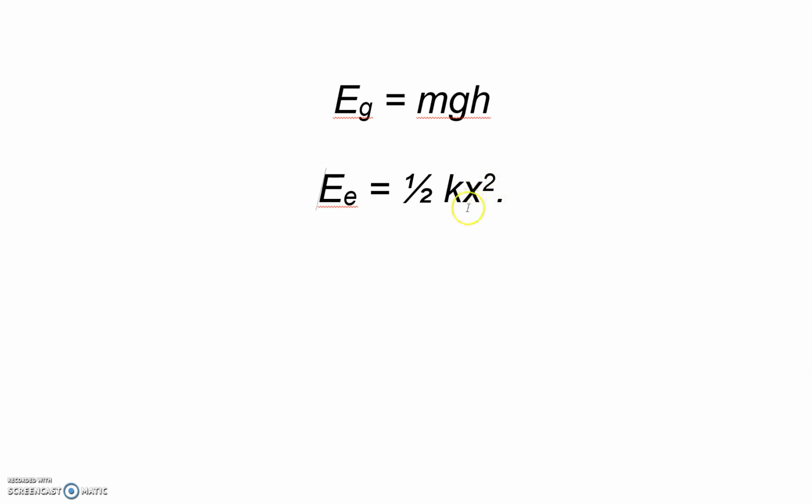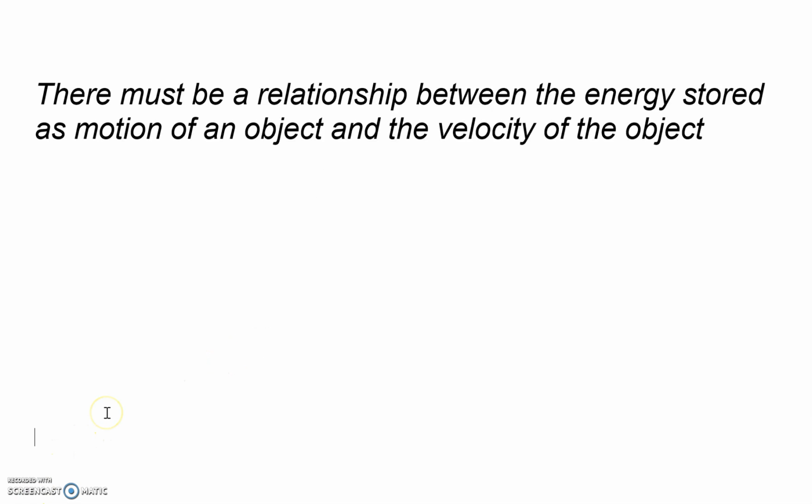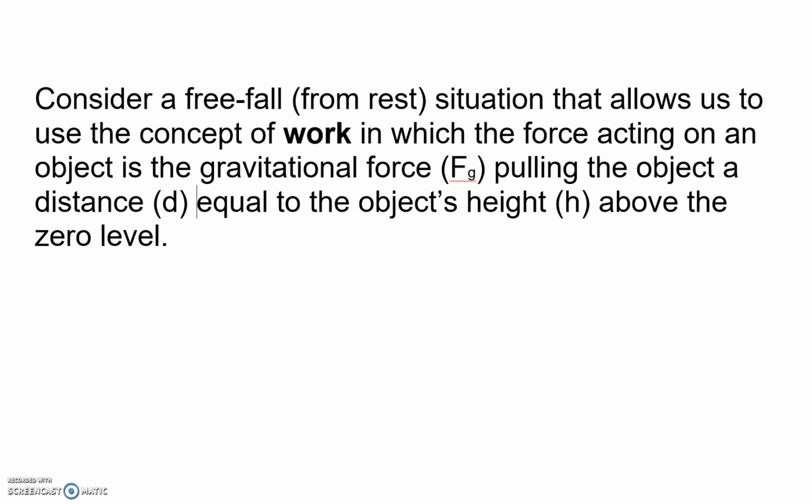So it only makes sense that there's an equation that relates the kinetic energy that an object has due to its motion to the velocity of the object. So there must be a relationship between the energy stored as motion of an object and the velocity of that object. To do so, let's consider a free fall situation, starting from rest, that allows us to use the concept